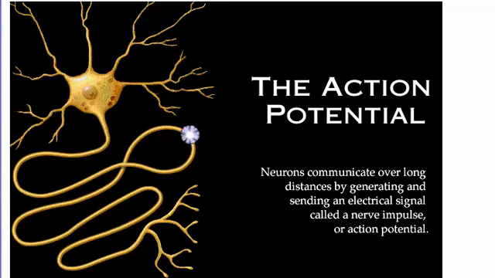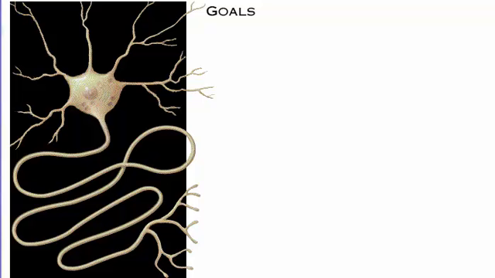Neurons communicate over long distances by generating and sending an electrical signal called a nerve impulse, or action potential. Your goals for learning are to understand that rapid changes in permeability of the neuronal membrane produce the action potential,